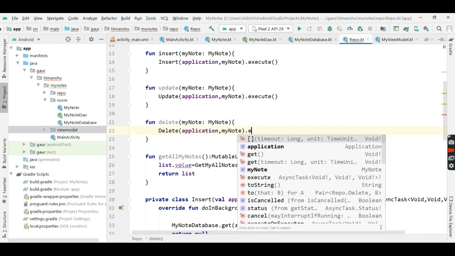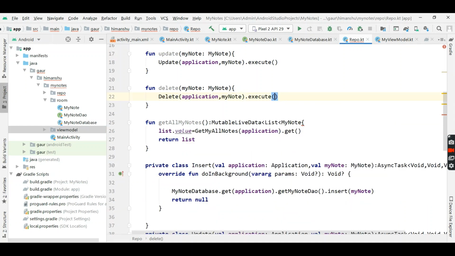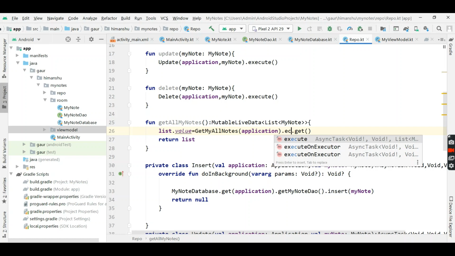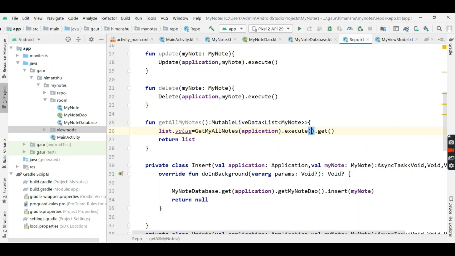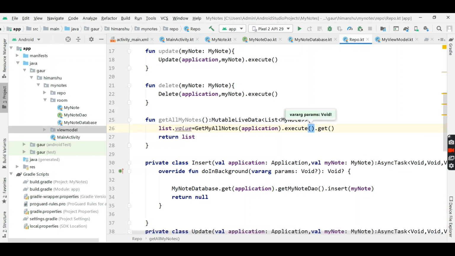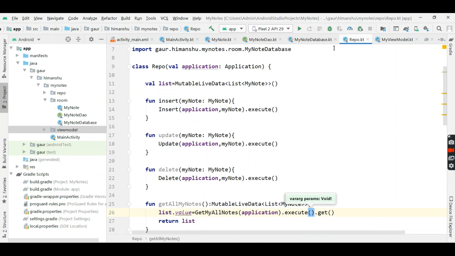So execute. So we have a problem here. Okay, so I think we forgot these angular brackets. First we execute, then we will take the list. Now it's all fine.